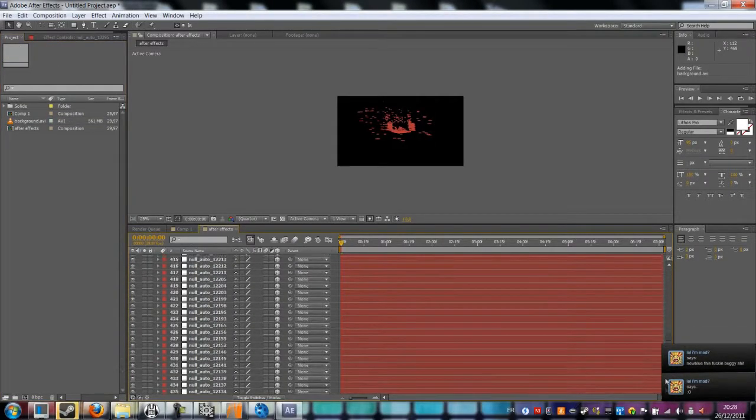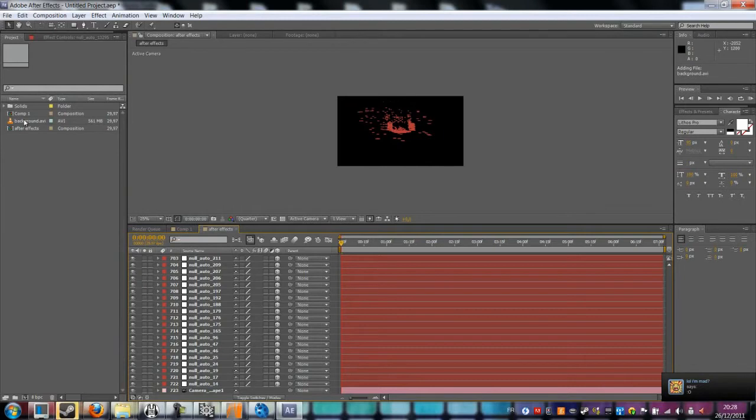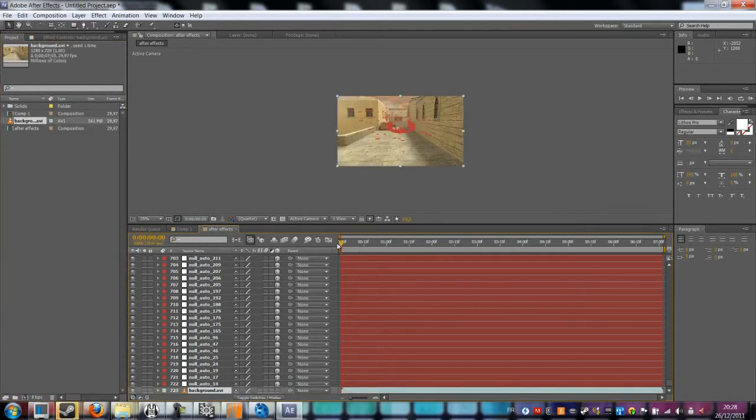Then put the AVI file into the tracking comp, so when I said AVI file, it's again the sequence, and move it between the last track point and the camera, so just do like me, it will work.